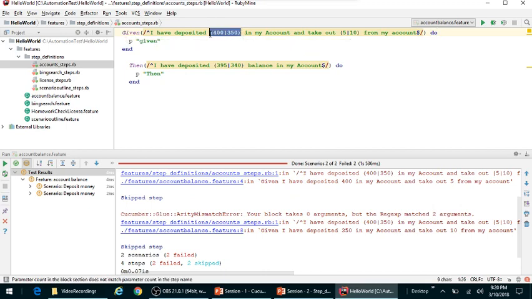Arguments are nothing but the parameters or the data values that will flow to the actual code. So let's go ahead and change our step definition here. I will supply two arguments, and you have to put the pipe symbol, and say the first capture group mentions that it is deposit